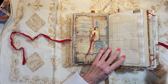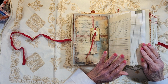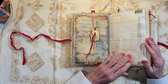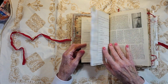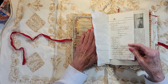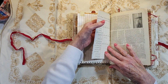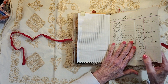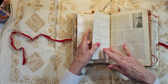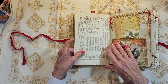Oh, you know what I forgot to make is the writing page. I'll do that before I send it out. Just made me think of that because it's going to be lumpy, you guys, real lumpy. But this is another vintage ledger from a bank in Buffalo, New York. That's the other side of that vintage,